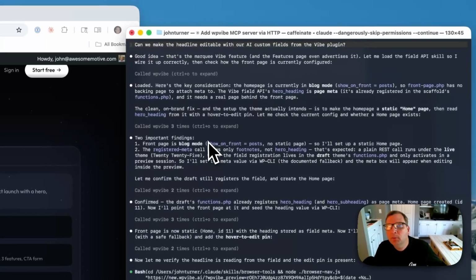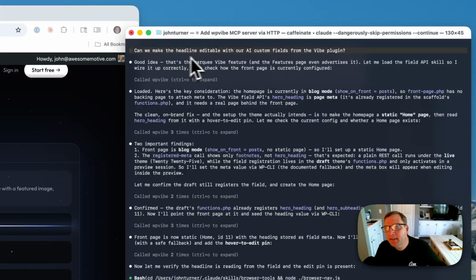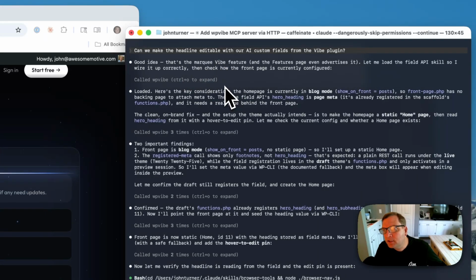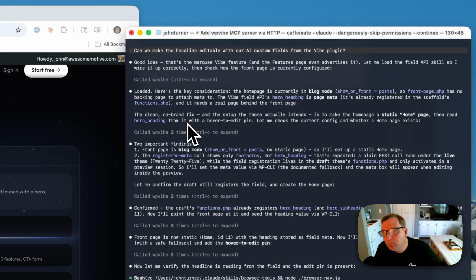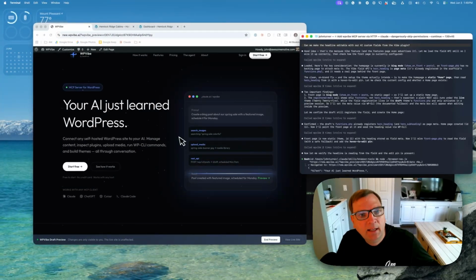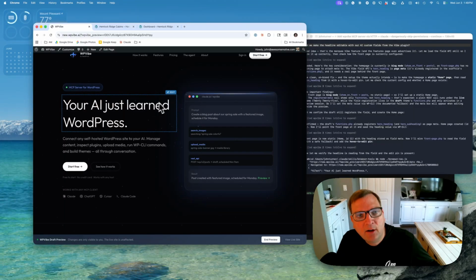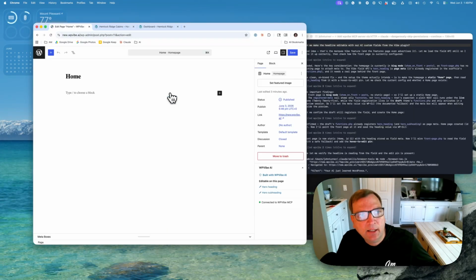We're back. So let me show you what happened here. I said, can we make the headline editable? And then it says, good idea. And then it starts going through and figuring out the current status right now. It also calls the WPVibe plugin to figure out how to make it editable. So it figured that out and it went ahead and did it. And as you can see now, we can edit this. And if we click this here,